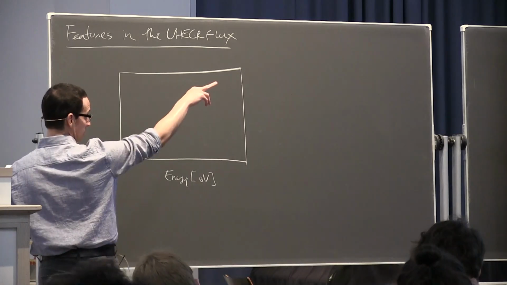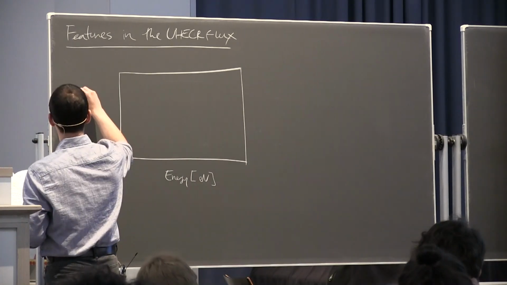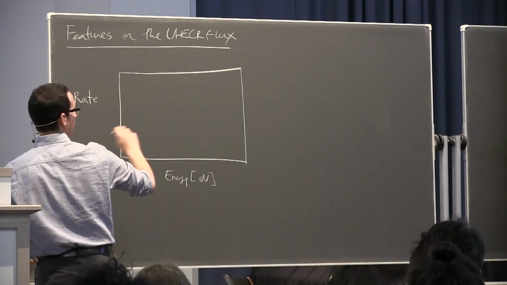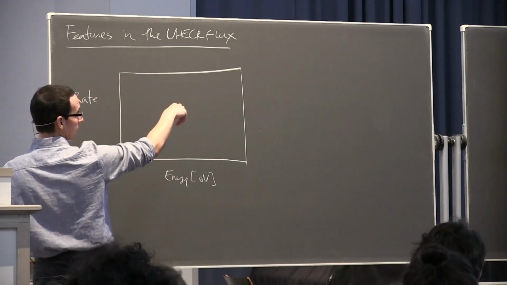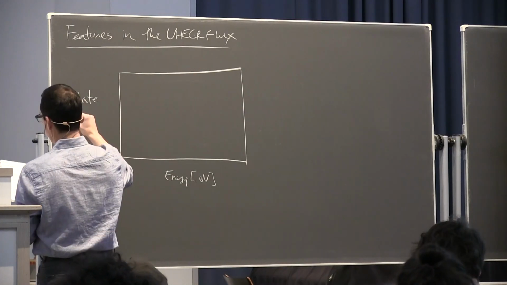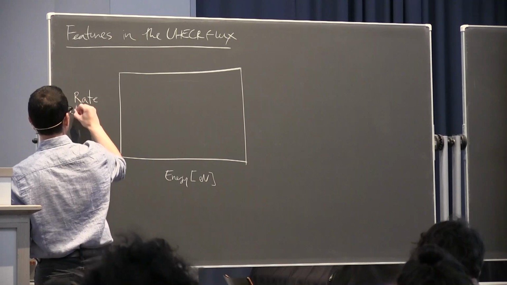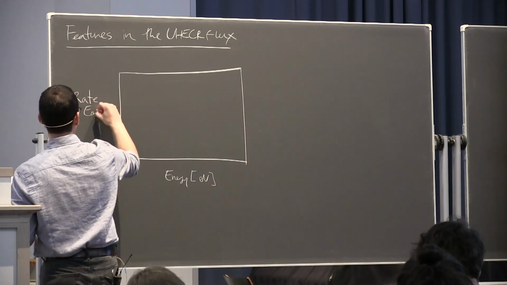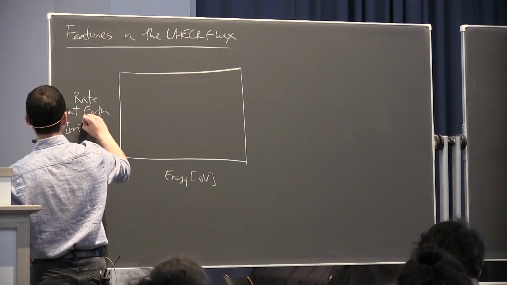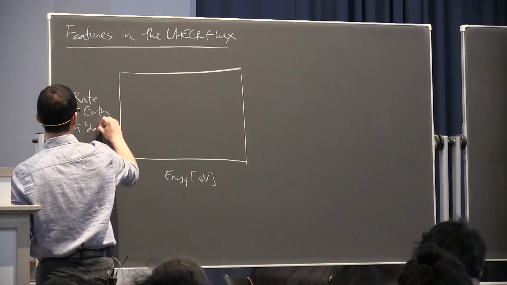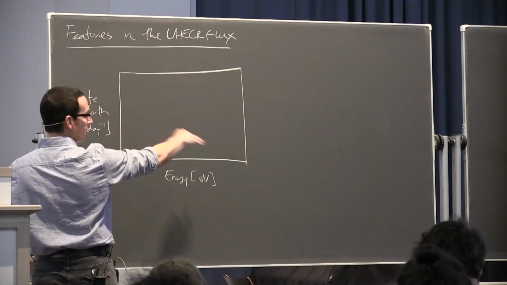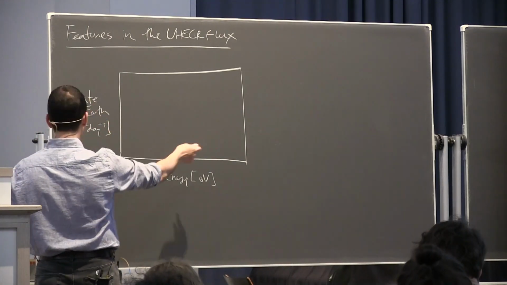So instead of plotting the flux, I'm going to plot the rate, which is proportional to that, except I'm not multiplying by the power of 2.6 in the energy in the y-axis. So this is the rate of the cosmic rays that reach the Earth. And by that I mean how many reach us per square meter per day. Okay, and this is going to be a falling function of energy, of course,